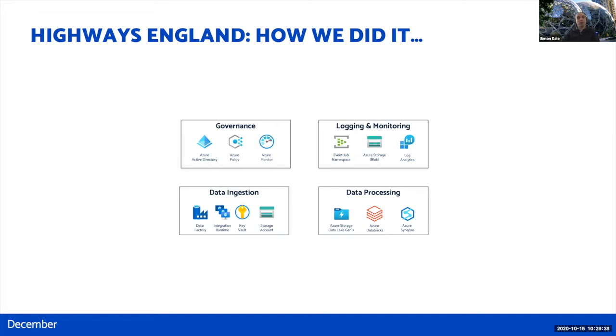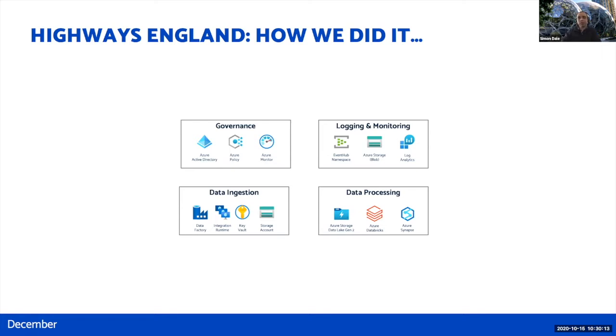And key for that was making sure we had the good principles to start with around like the security, like performance, the ability to monitor everything. And we wanted to design this way from the beginning. In the preceding months before December, so October, November, December, we went through a number of activities with different stakeholders in Highways England to understand the problem domain, to look at how we could, what the user needs were around data, the different use cases that we would be implementing with the platform that would help inform the services we needed to select.